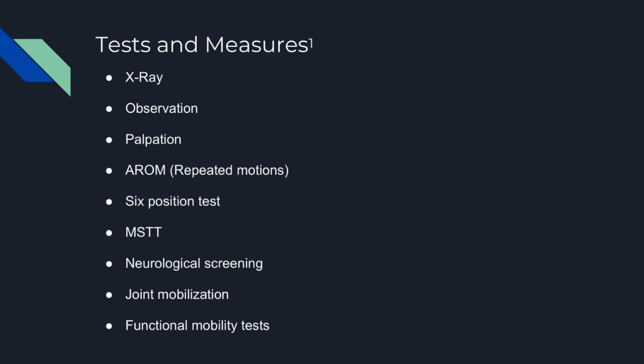MSTT, doing neurological screening, like your deep tendon reflexes, checking myotomes, maybe doing some neurodynamic testing to see what might be compressed due to the narrowing of the canal. Joint mobilization to check for quality of motion, doing CPAs and UPAs of the lumbar spine. Traction can sometimes give you an idea of what might be limiting motion in the spine. And then functional mobility tests, always bringing it back to